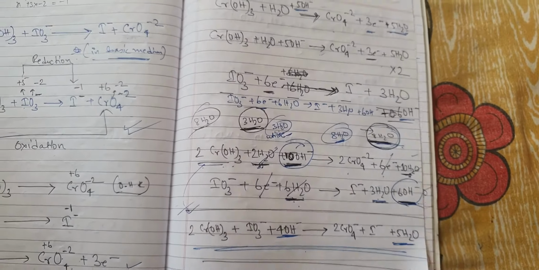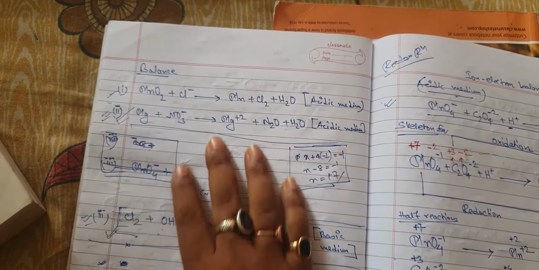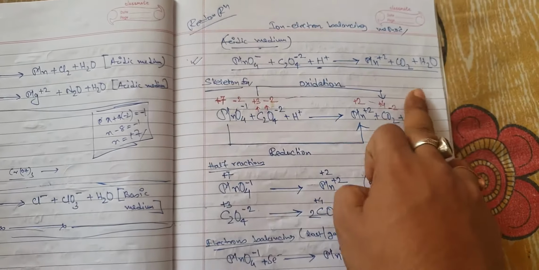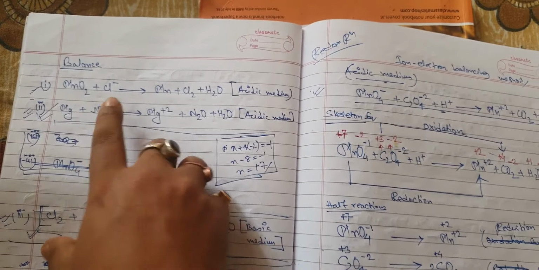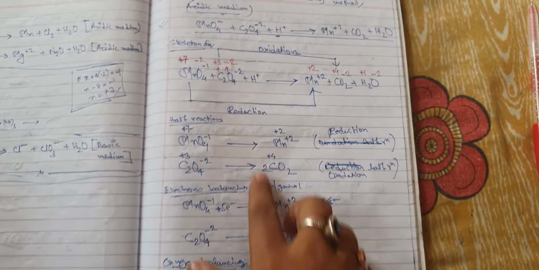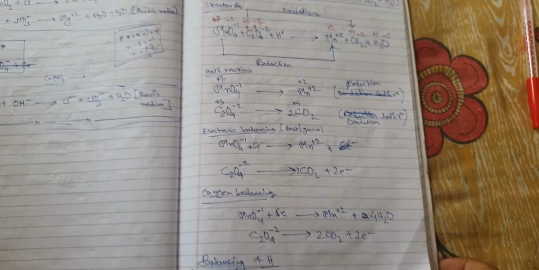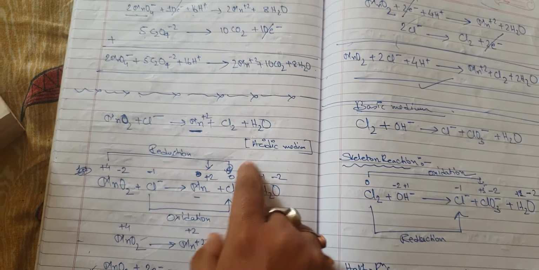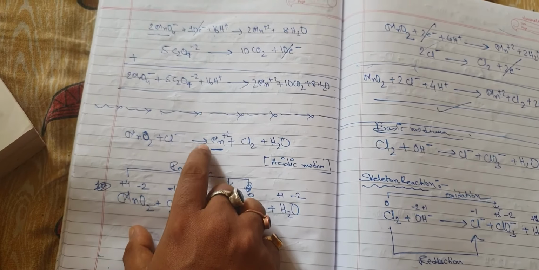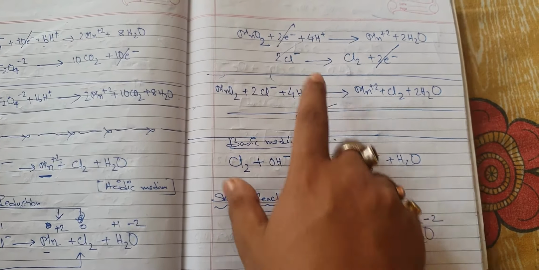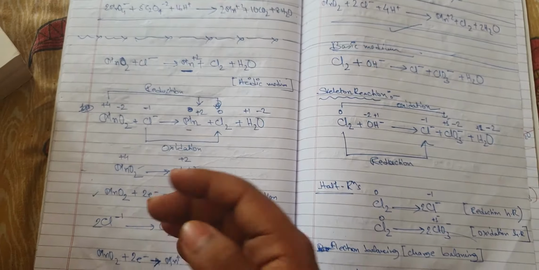And the rest of the steps I hope you remember. This one was given to you in the previous class, and in the last class I explained this also to you. MnO4 minus is a new one that I explained. This was the ionic equation in acidic medium, and I explained how to do it. Balancing of hydrogen was done because it was in acidic medium and an ionic equation. This was given as practice in the previous class, and here I have explained how to do it. In this case also balancing of hydrogen was done after balancing of oxygen.